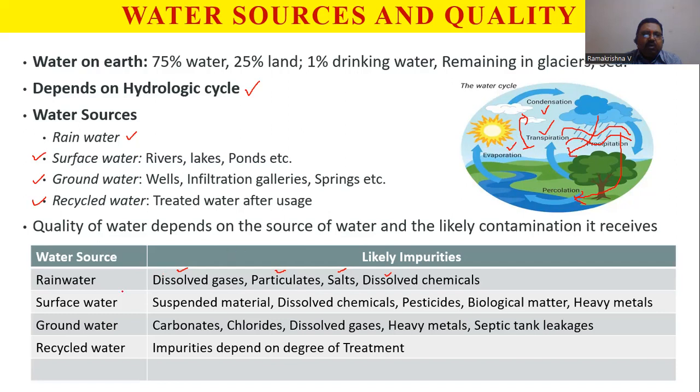Then surface water is again through the rivers, etc. So normal season is all right, but during rainy season, it will travel from far off places, having different catchments. So although always you'll have soil erosion, suspended material will be there. It is giving rise to a lot of turbidity. That means the suspended particles, some color changes will be there, and there are some dead bodies and vegetable material